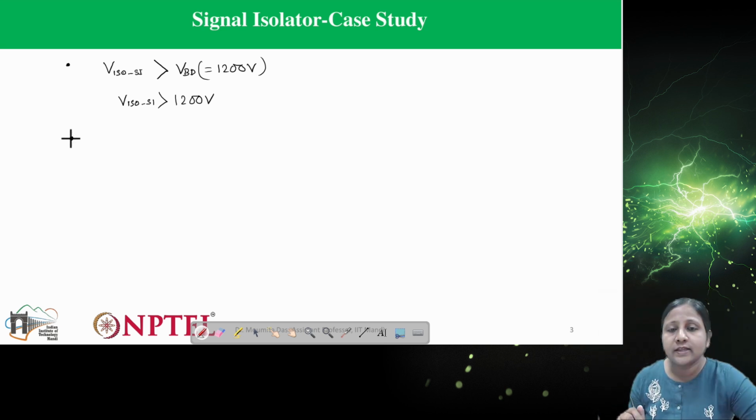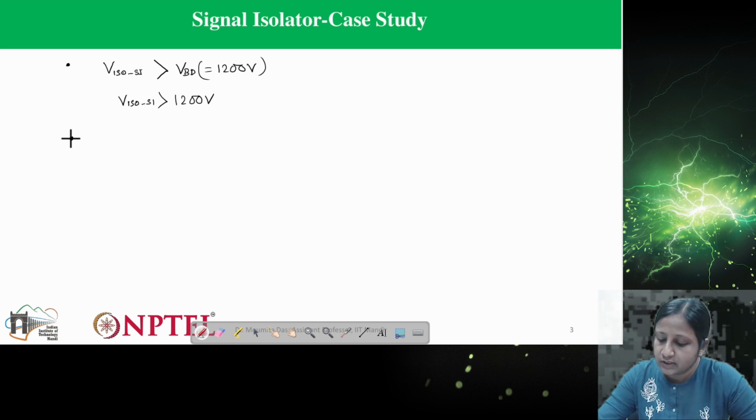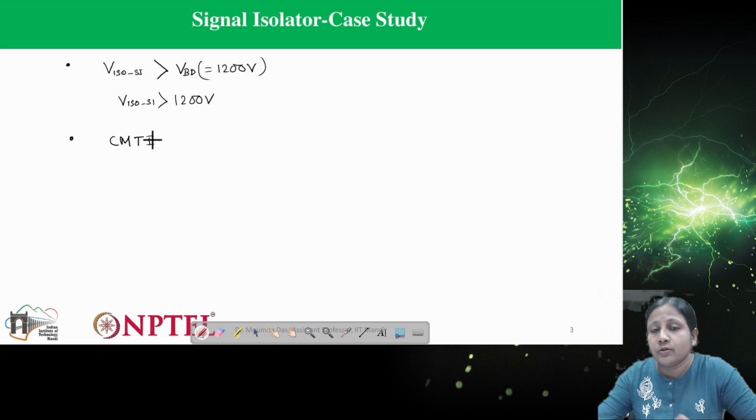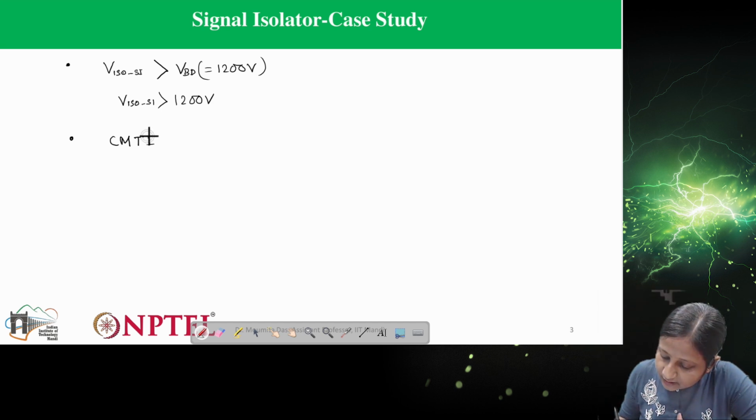So now the second thing which I told you, there are two important parameters in this signal isolator. First is the isolation level and second is the common mode transient immunity or CMTI. So CMTI, if we have to consider, then what we have to do? CMTI depends on the dV/dt rating of the device. So the CMTI rating should be more than